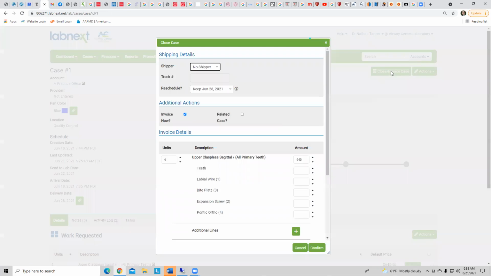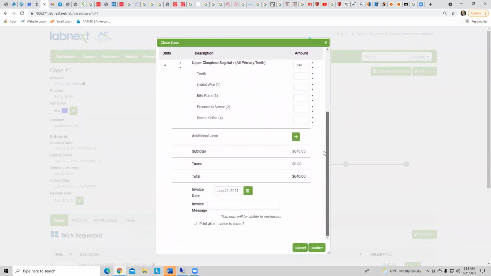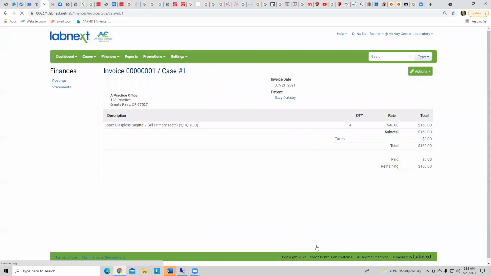This is a good one to practice changing the price. So you can leave the units as 4 and change the price to $160. Then you can come down, you'll see invoice message, you'll see where the invoice date is, and then you would